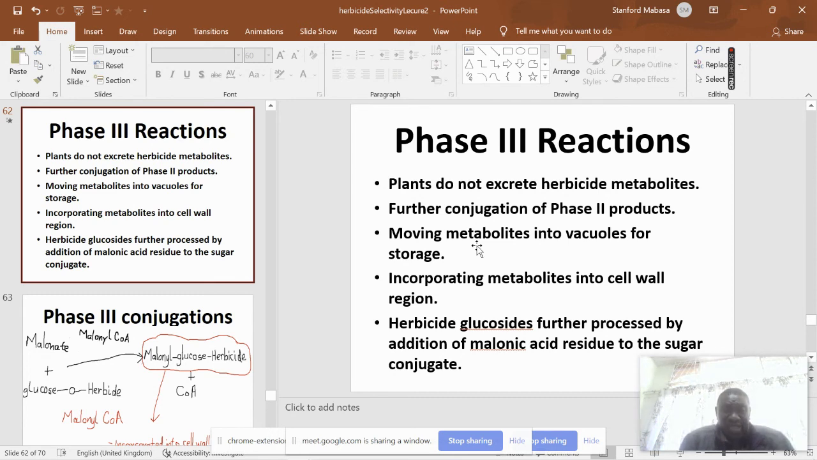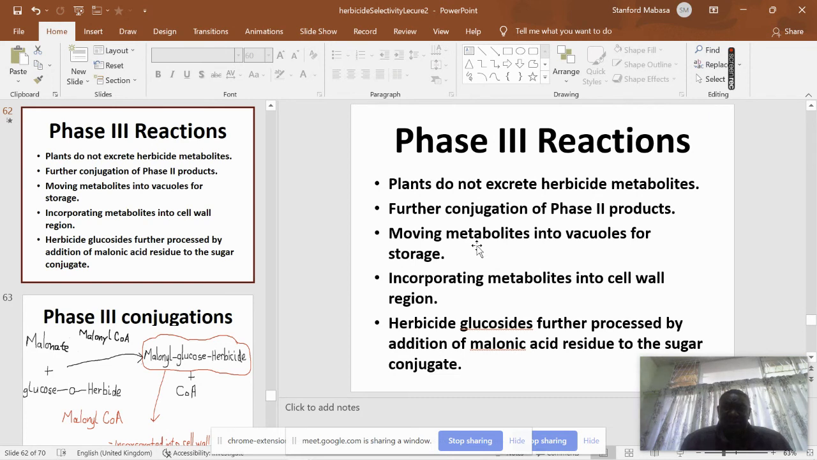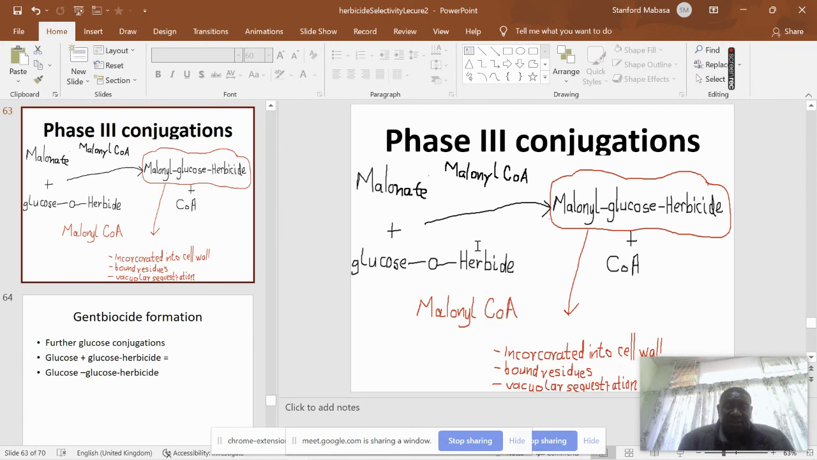Herbicide glucosides, addition of more sugar, can be further processed via addition of malonic acid residue to sugar conjugates. Right? Here, it's only one reaction in phase 3. So there are not many things. What you now need is